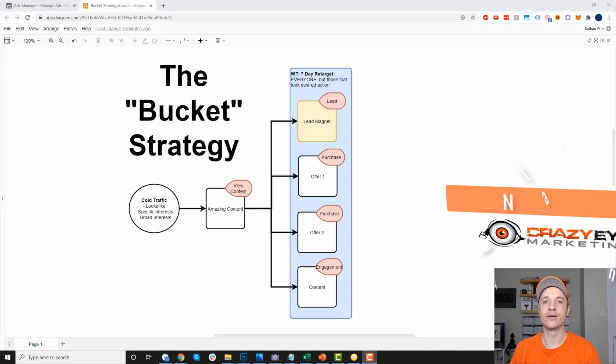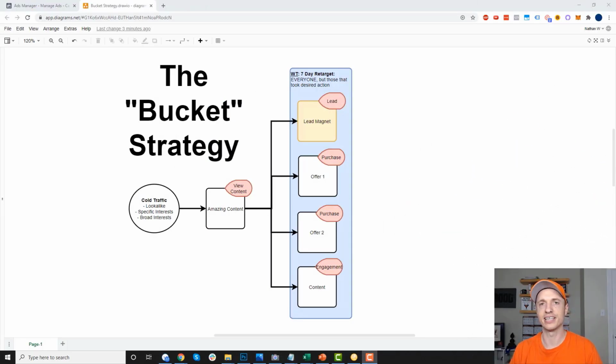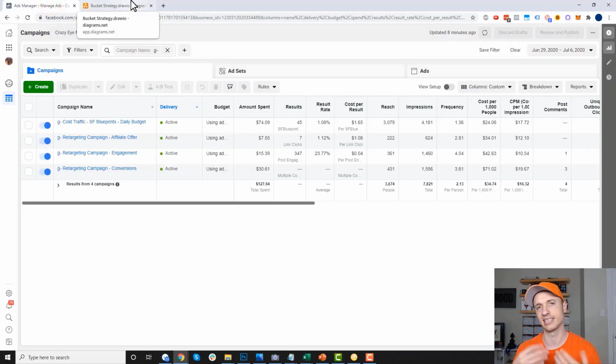In this video, we're going to go over a Facebook ads retargeting strategy that I call the bucket strategy. Now, this video is going to be kind of like two parts. In this first part, we're going to talk about the strategy itself, and I'll cover this little chart right here. And then in the next part, we'll go into the ads manager, and I'll show you how it's actually set up and configured so you understand the strategy and then how to actually put it into your